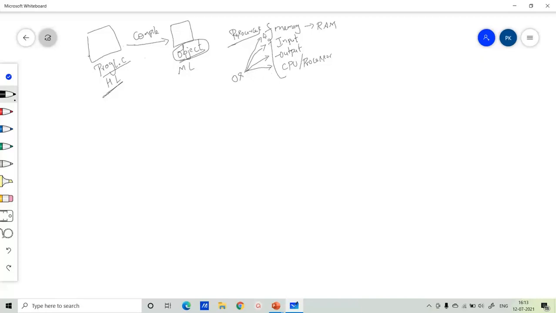Once all these resources are available, then this program will be loaded into CPU. We'll consider that as the scheduler. The scheduler loads any program that is ready for execution into CPU, and we know we have a ready queue here. Once a program is ready for execution, it will enter into the ready queue, and the scheduler will select that program and send it to CPU.